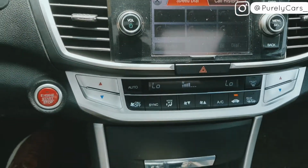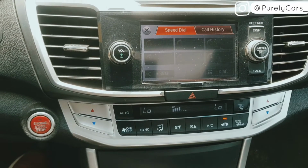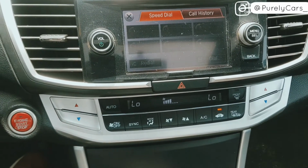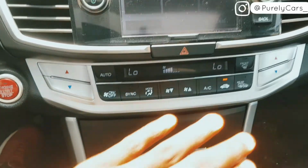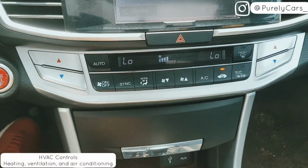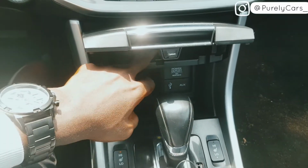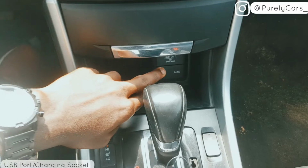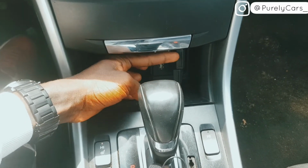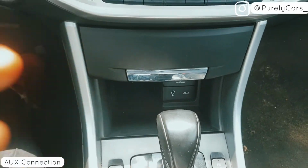Now while controlling this might get a little bit complicated because you have 2 screens doing almost similar things, after a little time of learning, it actually becomes easier. Then you have these buttons here for controlling the AC. Right here you have a space to keep things down there, and you have your charging system. You have a USB port, a charging port, and then you actually have AUX mode there to connect your phone